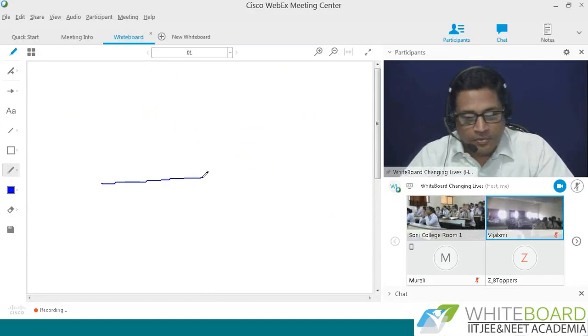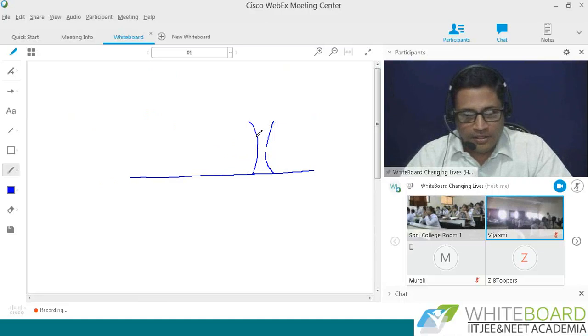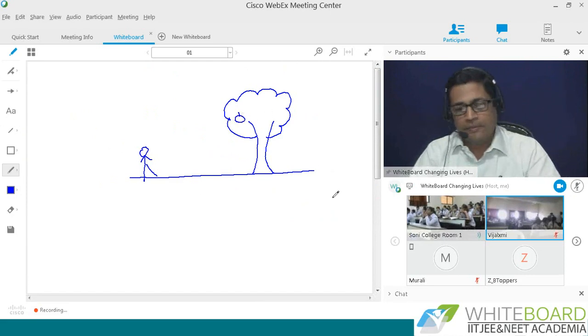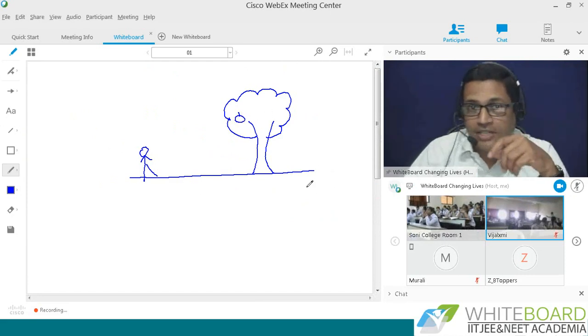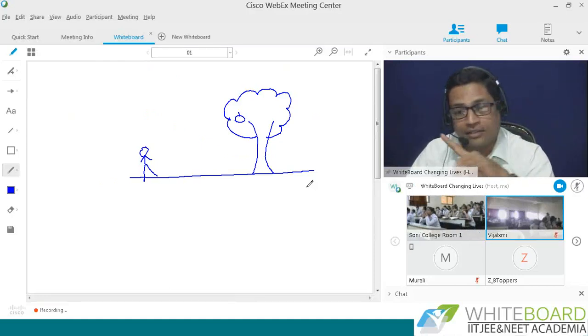Now suppose you are again on a ground like this, right? And there is a tree here, and you are observing not the tree but something on the tree. So suppose there is a small apple. Apple fell on Newton's head. There is a story about that. But actually, the apple did not fall on Newton's head. I'll come back to that when I'm